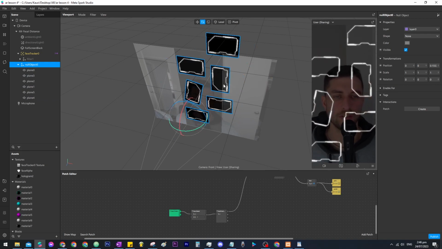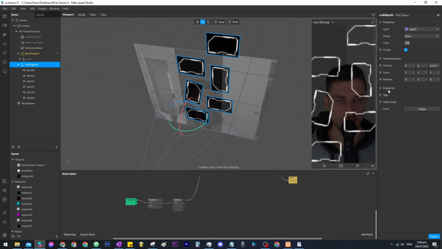Yeah, just play with whatever you think looks the best. Then once you have a good distance, we want this rotation to happen with the rotation of our head. So how we do that is with the null object selected, you can see over here is all the rotations. So what we do is click this to link it down to this patch graph. And then,